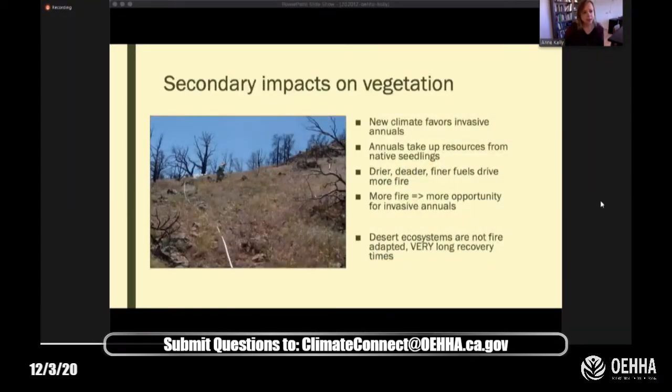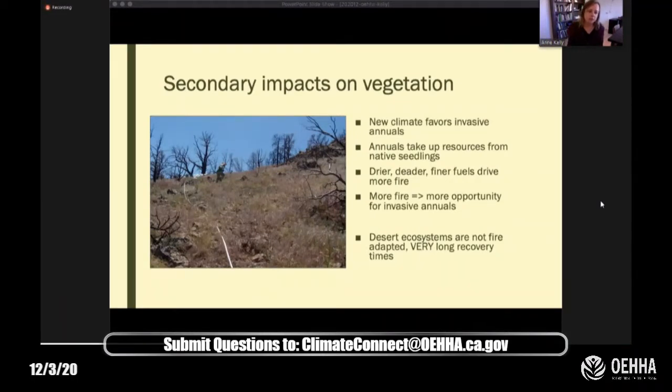Some secondary impacts of a changing climate on desert vegetation include opportunities for invasive species, as well as increasing fire frequency. The hotter climate with more episodic rain can especially favor invasive grasses. These grasses, even though they're puny and pretty short-lived, suck up soil water from native seedlings during the short and critical spring growing window. These grasses also take up physical space and shade out other seedlings.